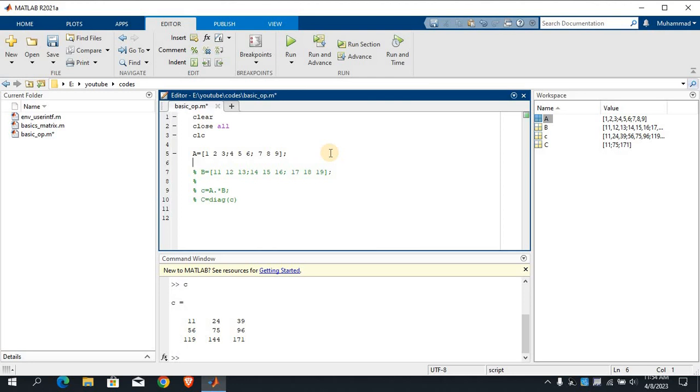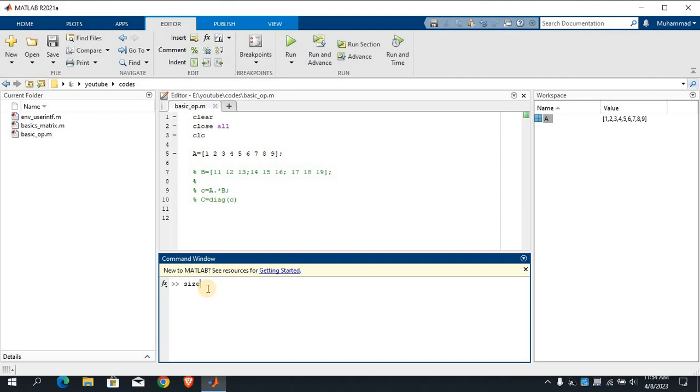And let's say I want to have a row matrix, so use space. Here I am having a row matrix. Okay, let's check the size of matrix A. Size of matrix capital A is 1 cross 9. I am having a row matrix of order 1 cross 9, and if we want to convert this into a